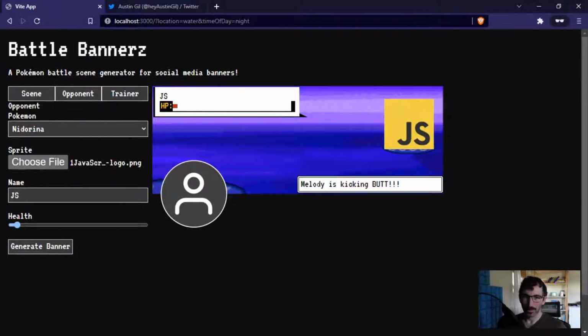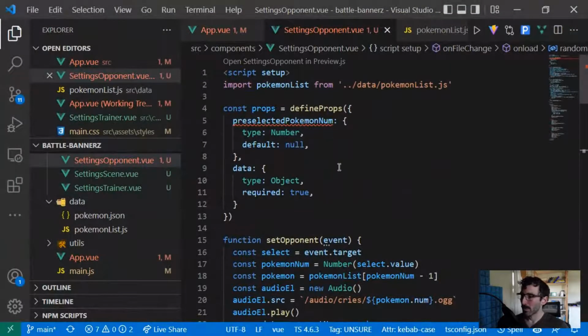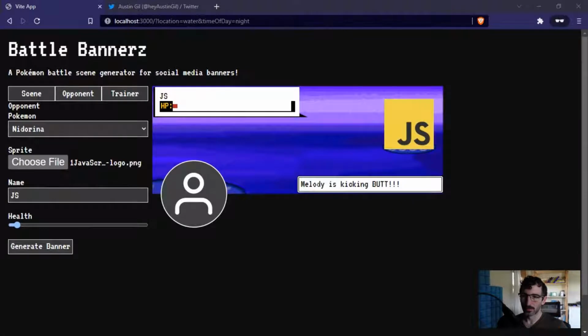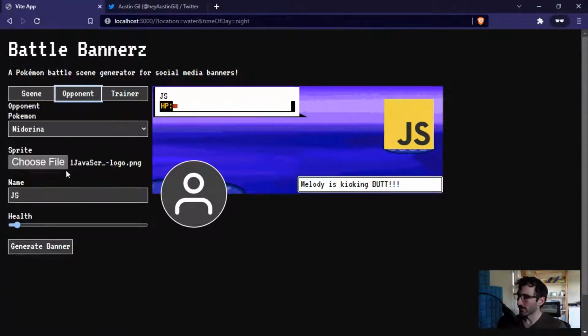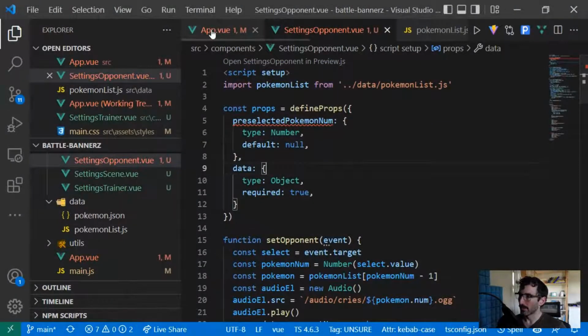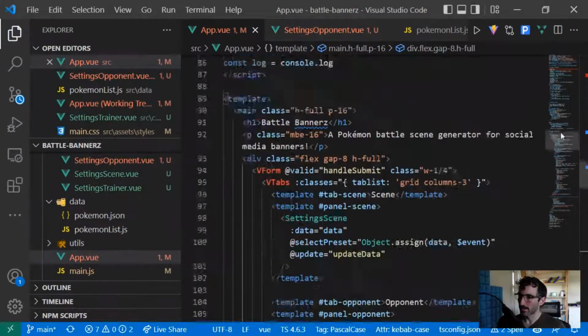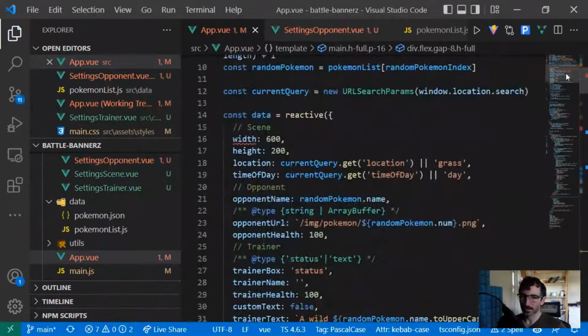All right, so where were we? I think the thing that I really need is music again, now that we're not showing off to melody all the sweet sound effects. Let's get this back here. Okay. And we have refactored the scene section. We've refactored the opponent section. Now we have to do the trainer section. And I think with that all finished, this app, like top level,